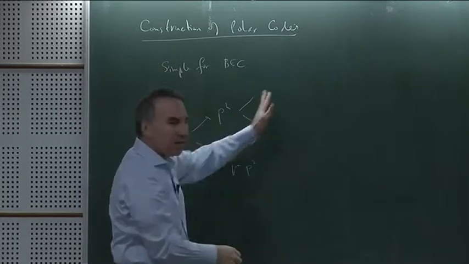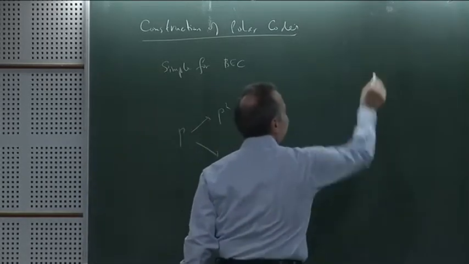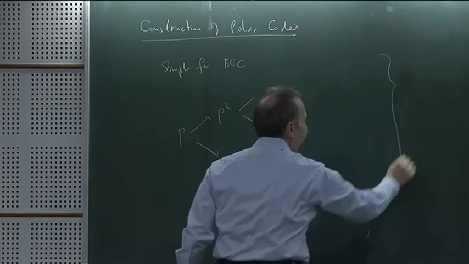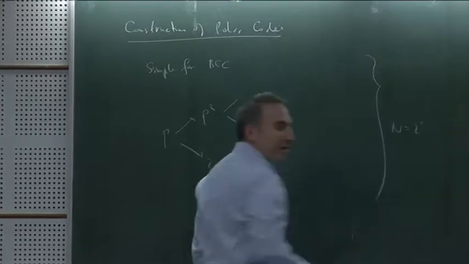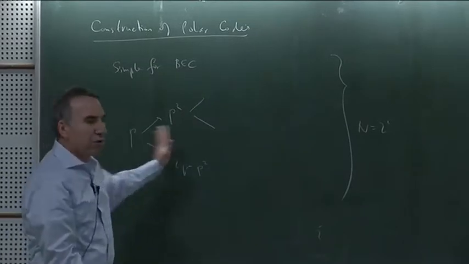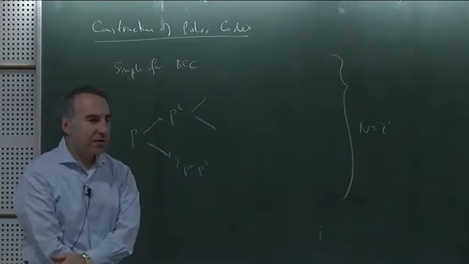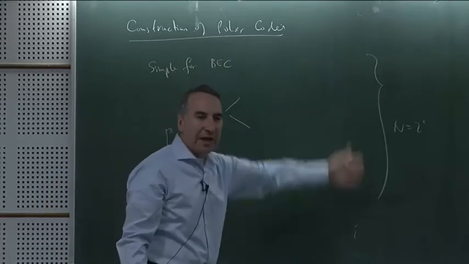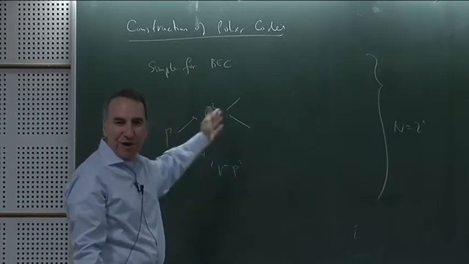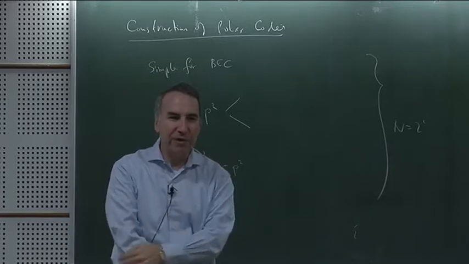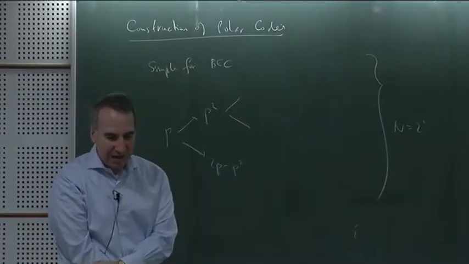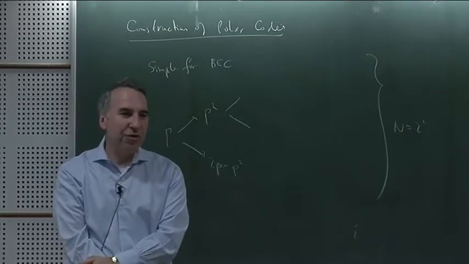If you have here at level I, n equal to 2 to the I numbers. And the total number of operations that you do in this tree is the same as the total number of nodes in this tree, which is 2n. Because you have n plus half n plus quarter n, etc., all the way to 1. You're summing a geometric series. 2p minus p squared. Sorry, I wrote terribly. So in essentially 2n